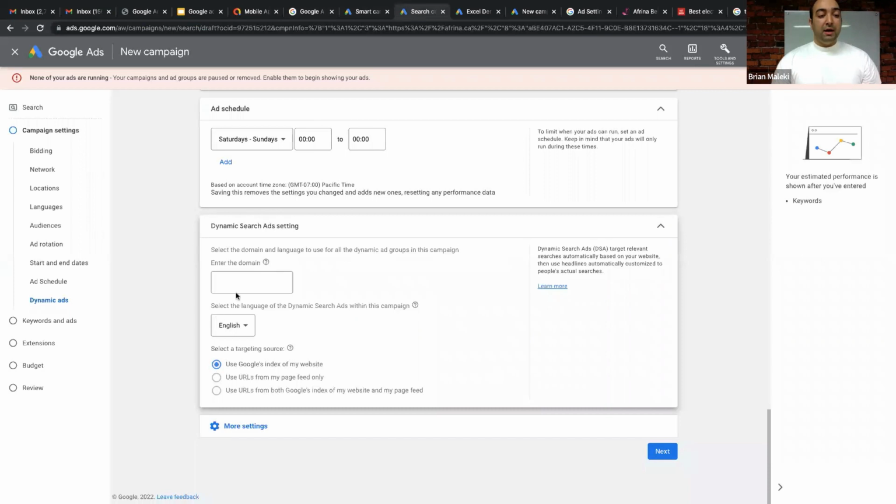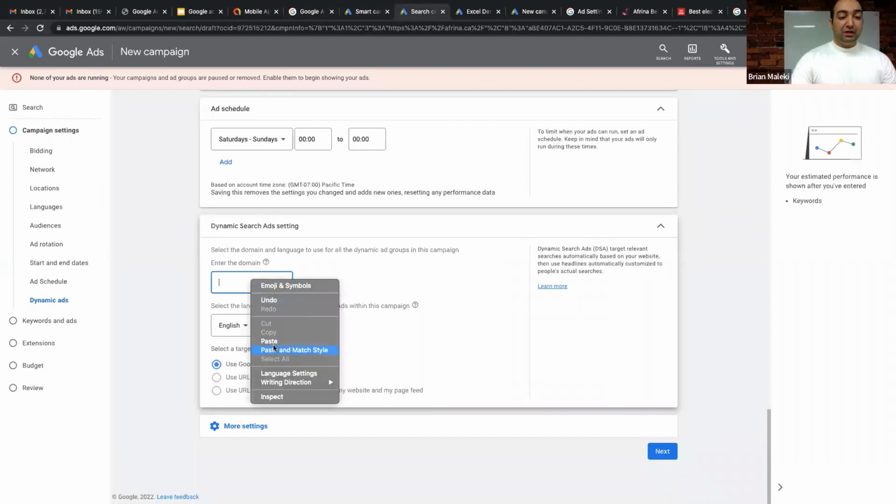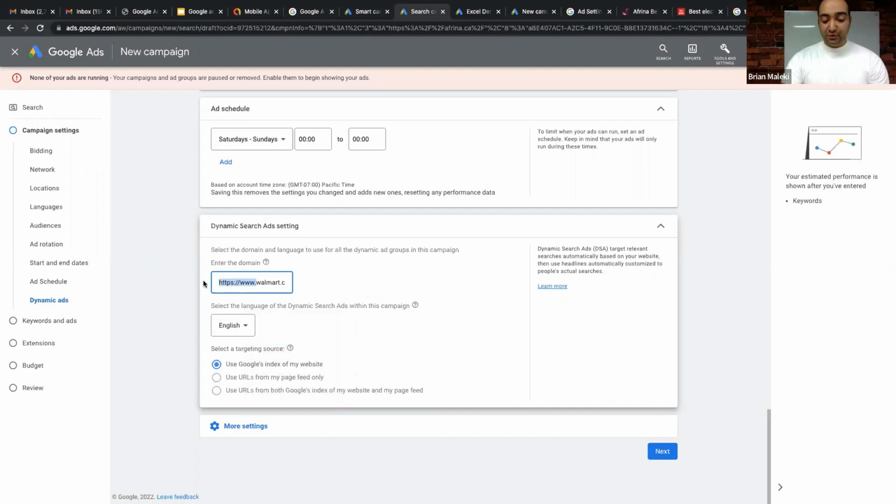So here you enter the domain. I'm telling you guys, 99% of the time small businesses don't need this. So, you enter the domain of your website and Google will index your whole website, all the